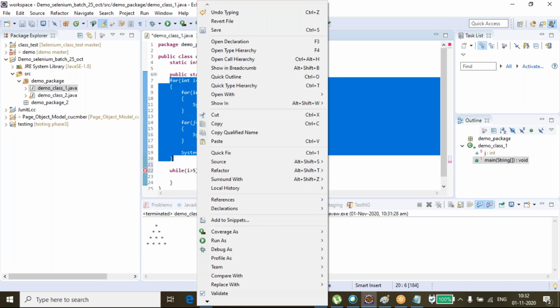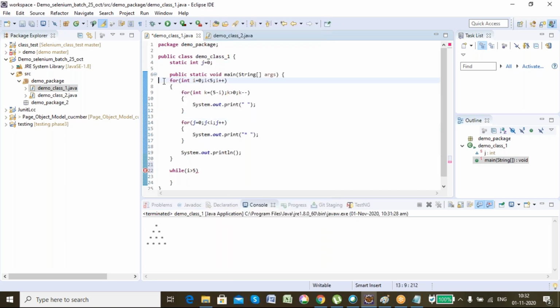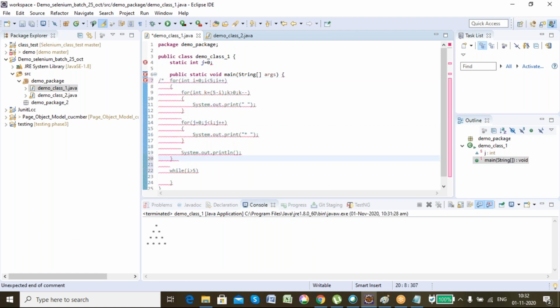Just select it, and you can give backslash star, then star backslash. So it will comment multiple lines of code. For commenting a single line of code, we'll be using double backslash. For commenting multiple lines of code, I'll be using backslash star, star backslash.